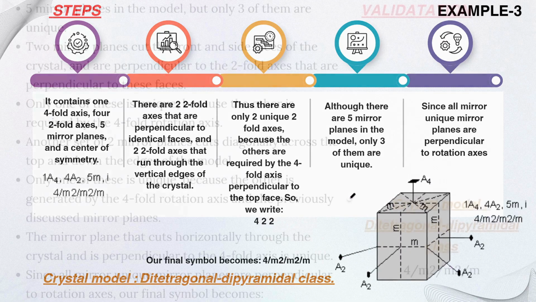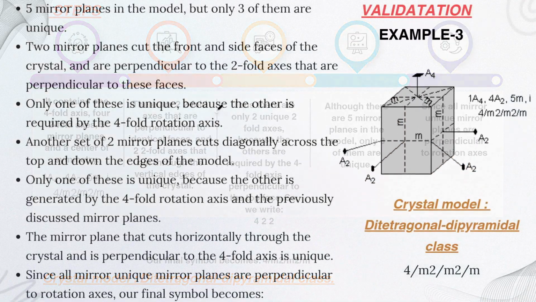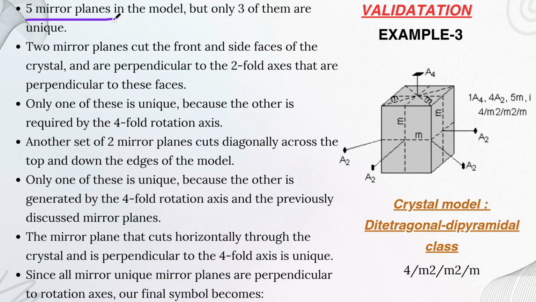So we can verify this with this particular one. Though we have 5 mirror planes, that means one perpendicular to C axis, one perpendicular to B axis, and another perpendicular to A axis. So these are 3 different sets. Similarly, the diagonal axis also you can see. So in total we have 5